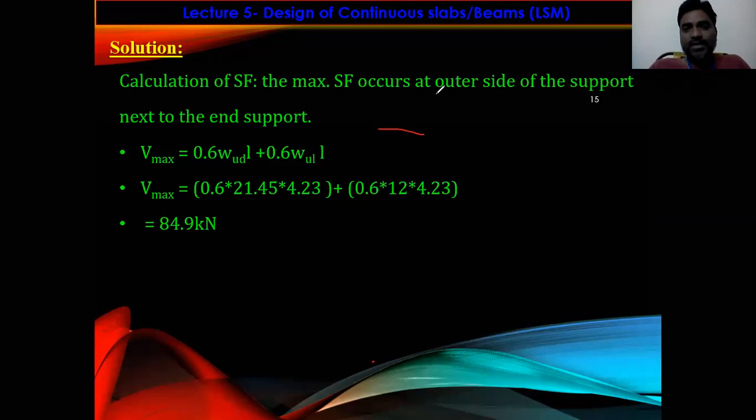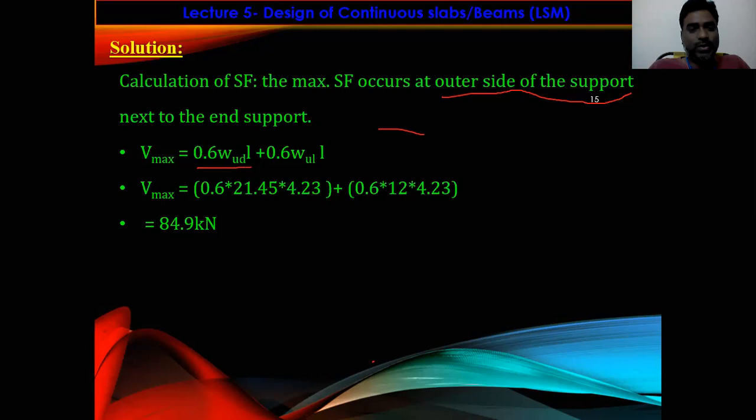Shear force for maximum occurred at the outside of the support next to the end support. So VU max equals 0.6 into fixed load plus 0.6 into W into L, because this is per meter length, you can multiply with L, you will